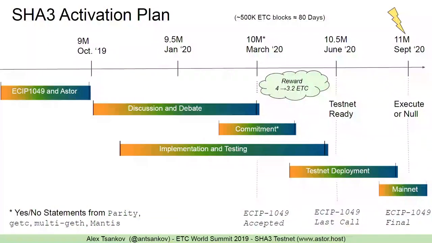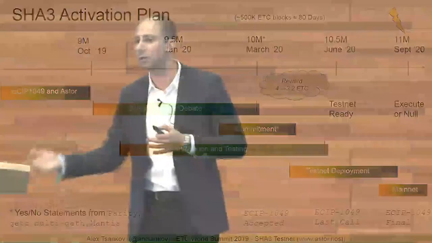And this is kind of my roadmap that I've outlined right here, and I'm going to be posting these slides online so anybody can come and check them out. But basically, we've done the initial work on ECIP-1049, and what we want to do is use this period of time between block 9 million and block 10 million to do discussion and debate. And at block 10 million, because this is such a new change, nobody has really ever written the book on how do you change proof of work for a running algorithm.